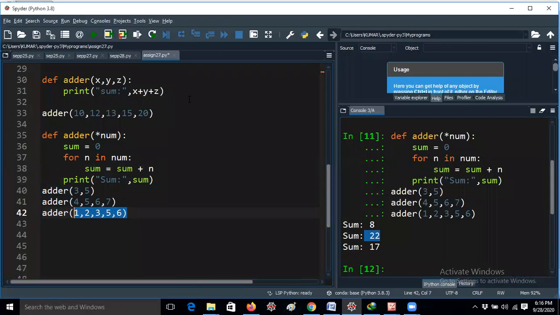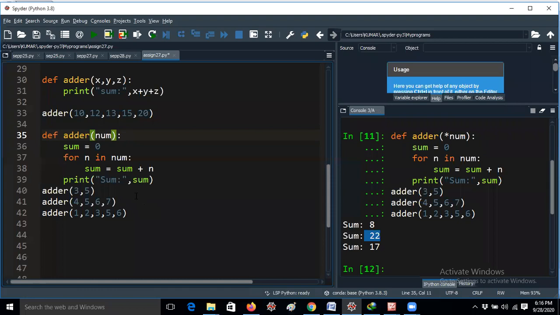Thank you. So now I hope you understand what a variable length argument is. This is called variable arguments. Variable length means you can take any length. But these are nothing but non-keyword arguments. Why are they called non-keyword arguments? I will tell you about the keyword argument, then you will know. Once again, the star is mandatory here.